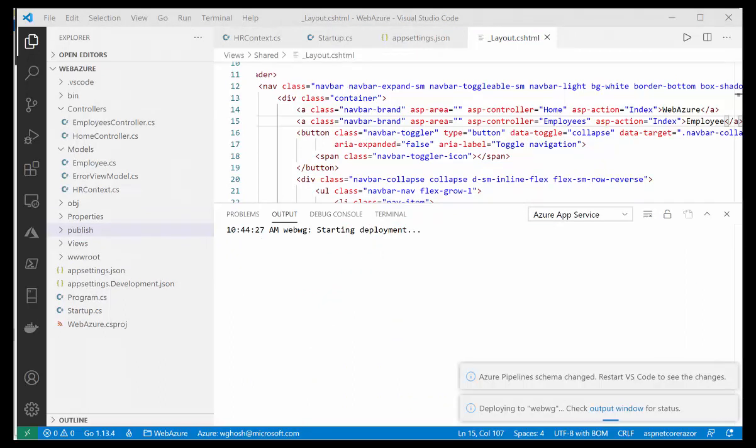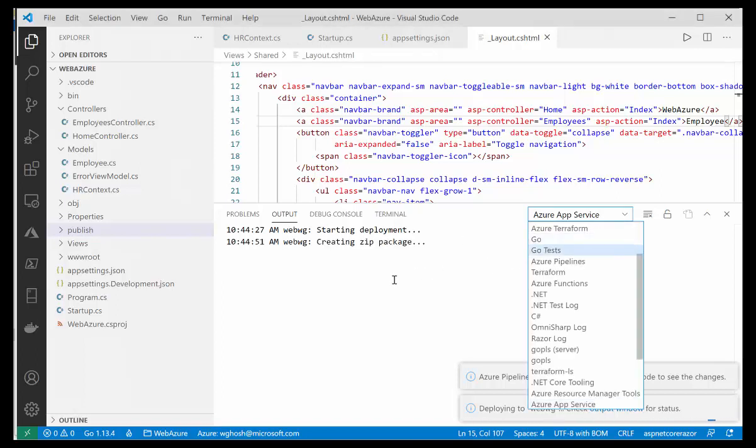So after this starts deploying the application, you can also see that live streamed output, the logs coming from Azure to your Visual Studio Code, and in the output window, by selecting the app services, you'll be able to see,